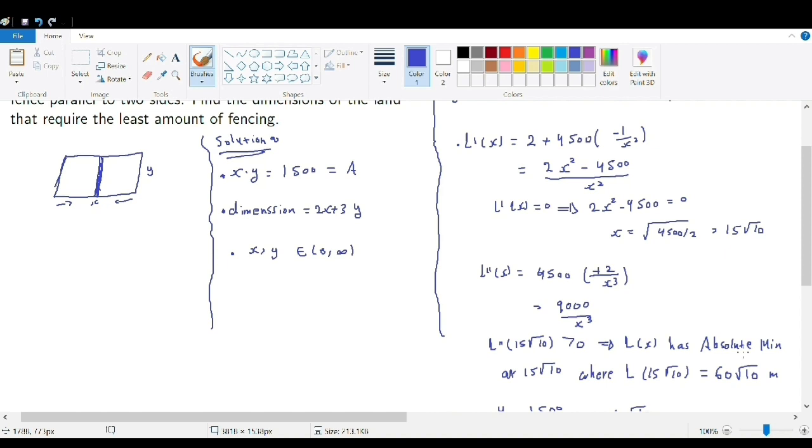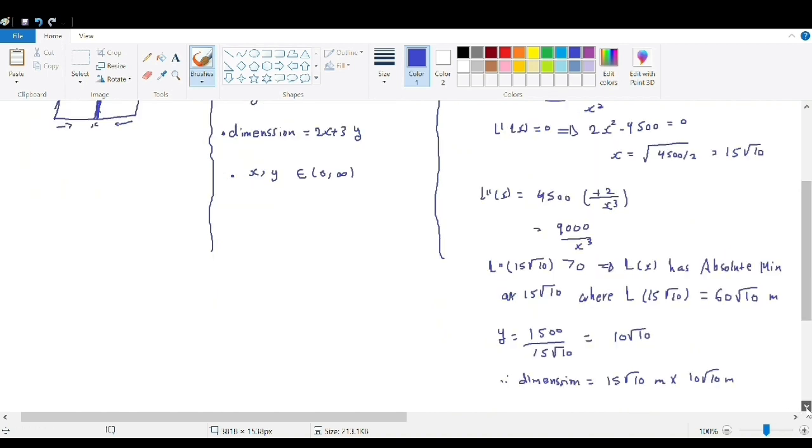And we conclude that at 15 root 10, the function has an absolute minimum, where it is equal to 60 root 10 meters. So since x is equal to 15 root 10, that means y is equal to 1500 over 15 root 10. This will give us 10 root 10. So the dimension will be 15 root 10 multiplied by 10 root